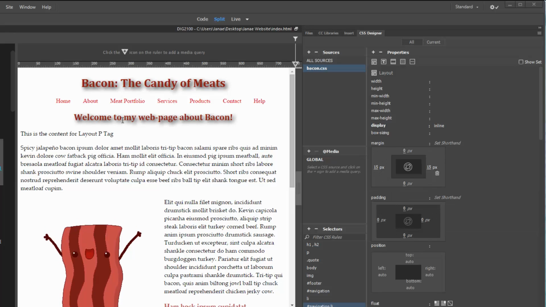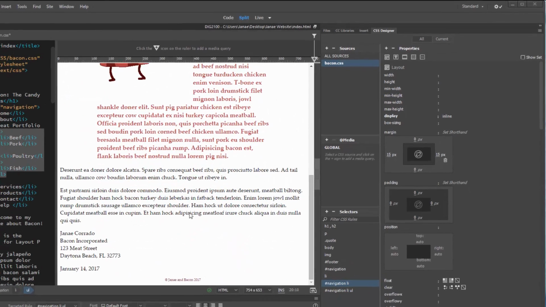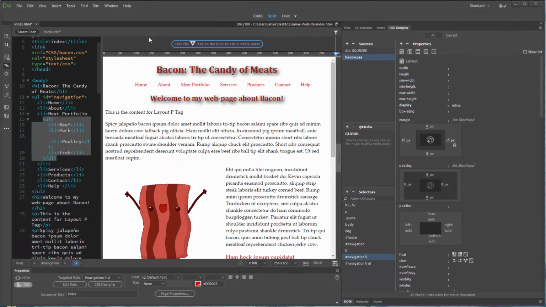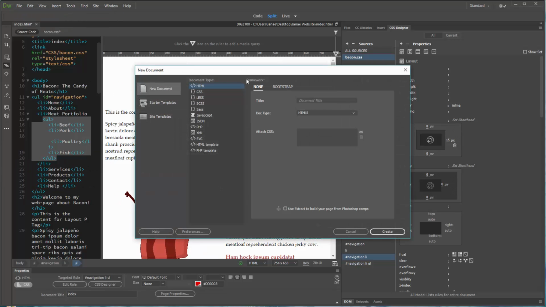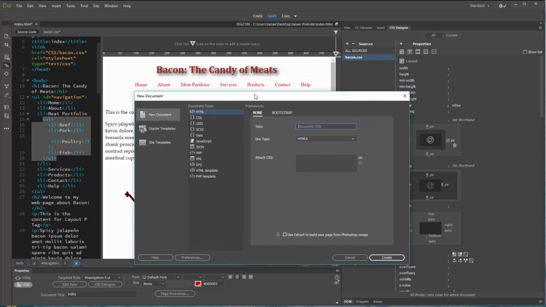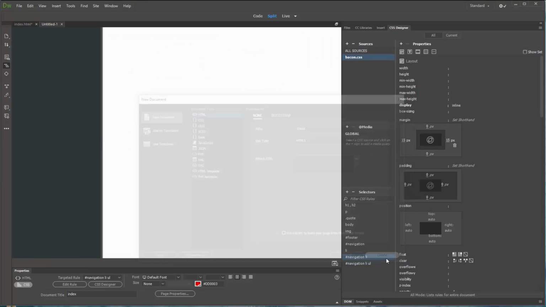So I've made many changes to my document here. I'm going to go ahead and produce a new web page, and it'll be my HTML. We'll call it, let's see, my about page. I'll click create,